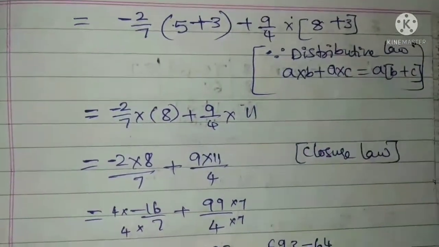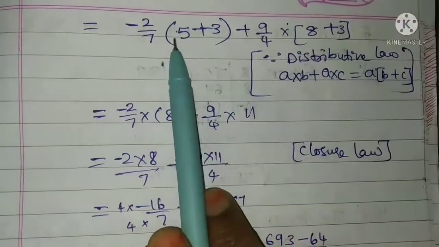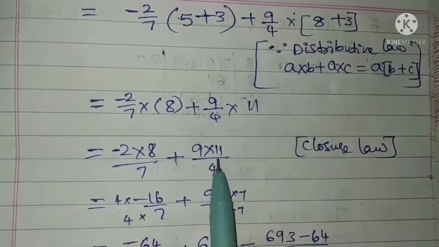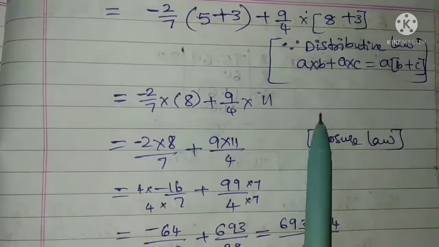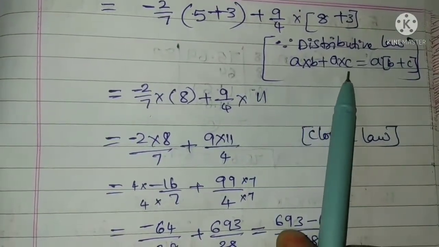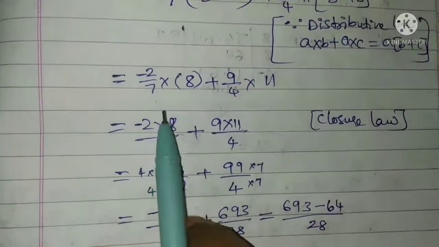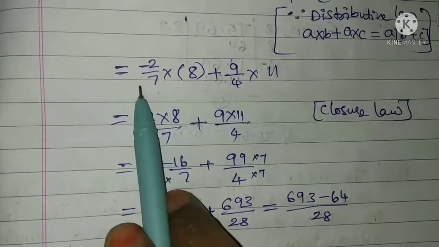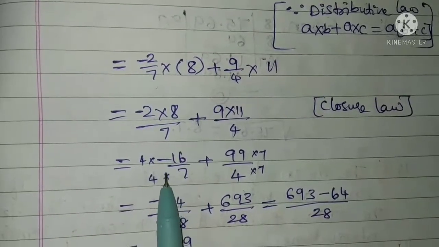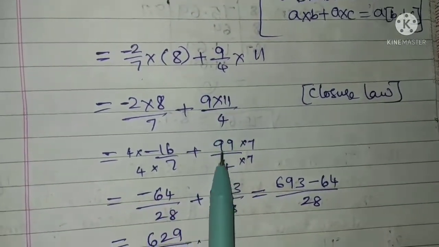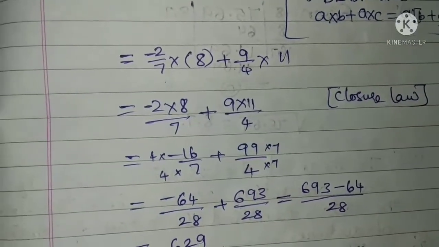Distributive law. By using the distributive law, if I take minus 2 by 7 common outside, then 5 plus 3 is added here, and 8 plus 3 is added. So A into B plus A into C is equal to A of B plus C. Here minus 2 by 7 into 8 becomes minus 2 into 8, that is minus 16 by 7, and the other term is 99 by 4. So now by using the closure law,